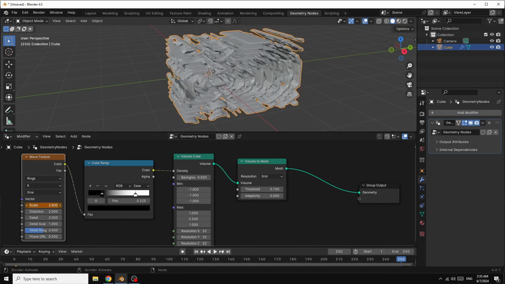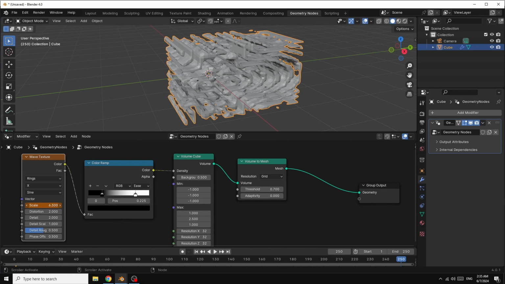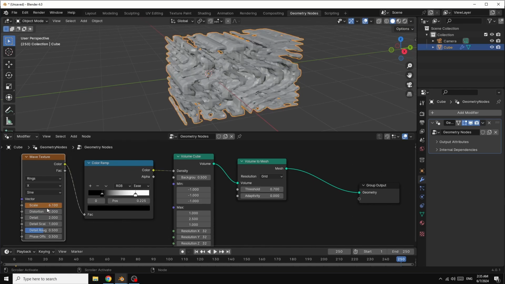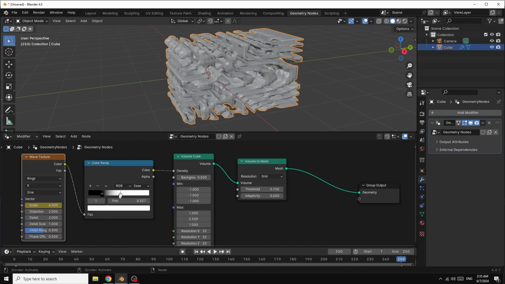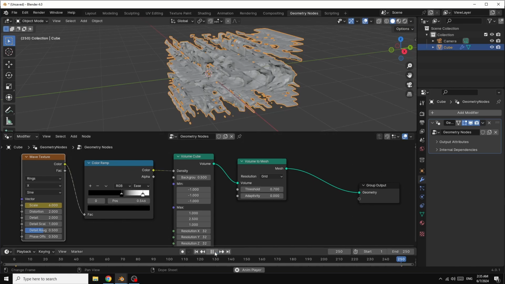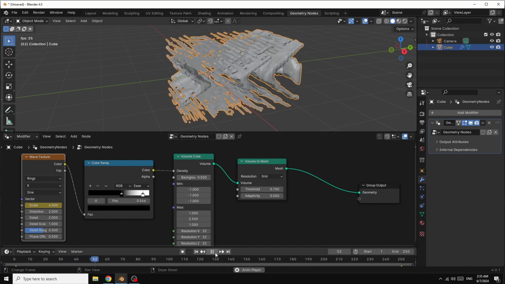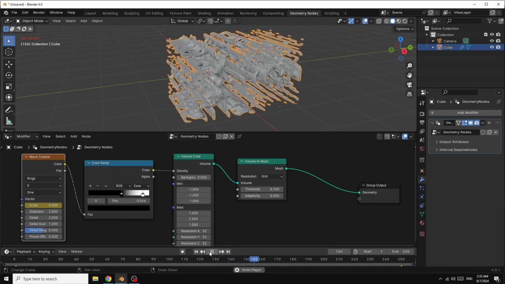I increase the number here maybe to 6000 like this. Right click, insert a keyframe. And here you can play as you want. Now if we play, we have this animation.